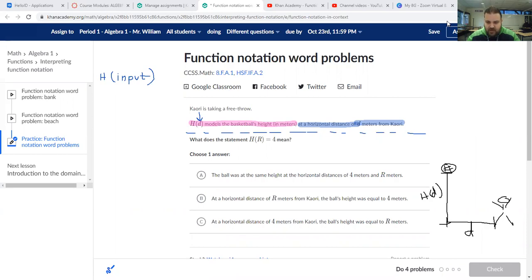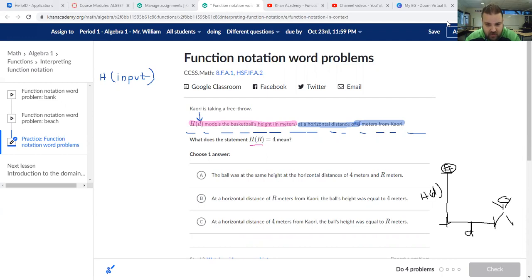So our input is D, which is the horizontal distance. That's the input. And the output is the height, H of D. What we're saying here is this reads, let me read this to you guys a little bit. And this is not easy for me to explain, but I'm doing the best I can, I promise. This right here reads, the output